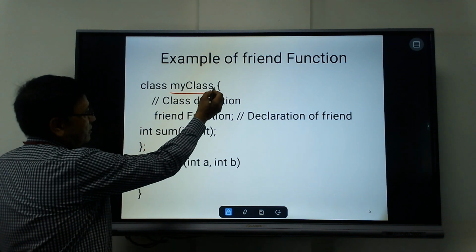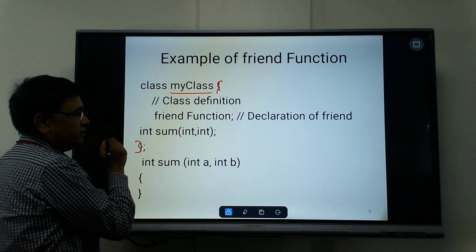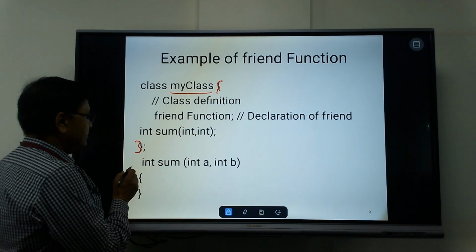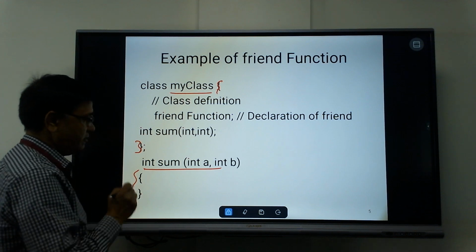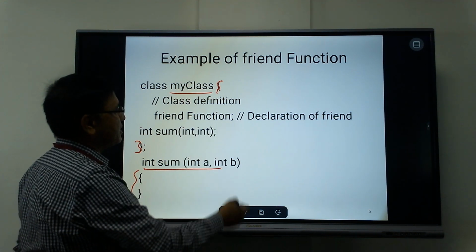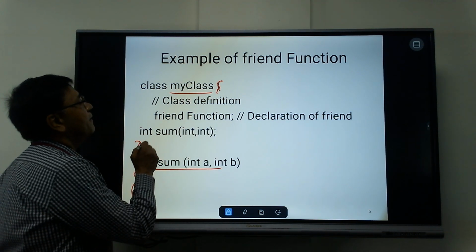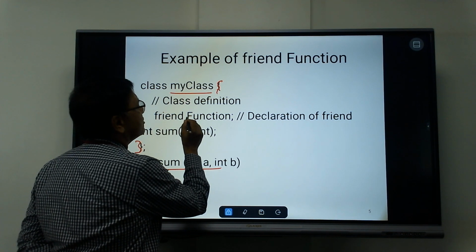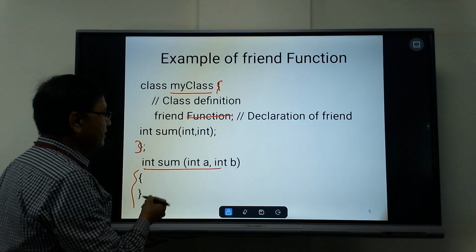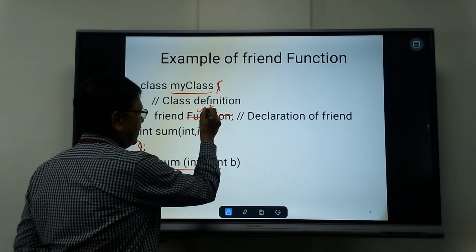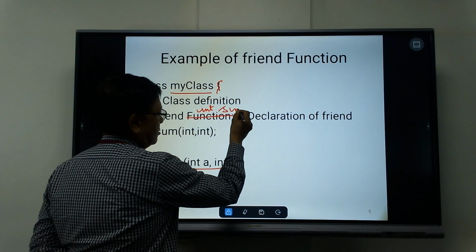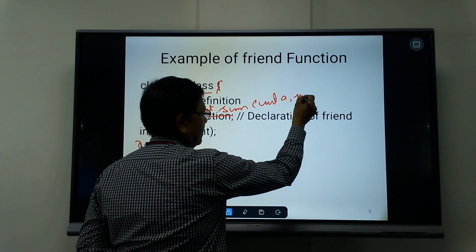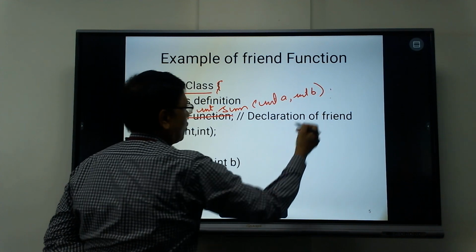And in this section, I have to mention the definition of the class which I am using. And suppose this is a separate function which I want to make a friend of this class. For this, what will I write here? friend. I will write a function here. What should I write here? int sum(int a, int b);